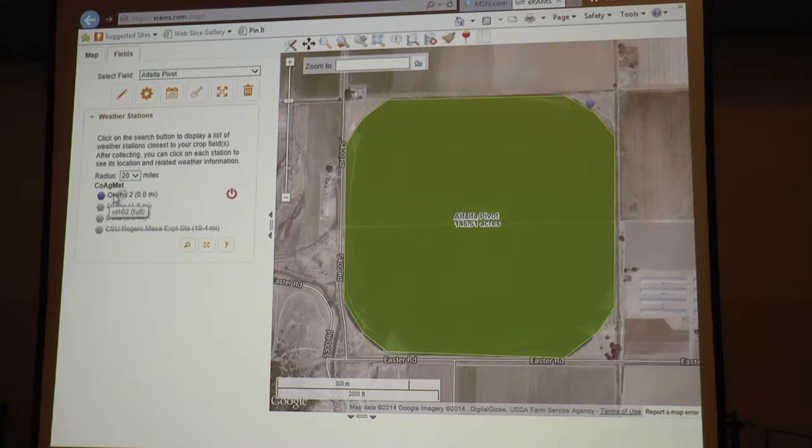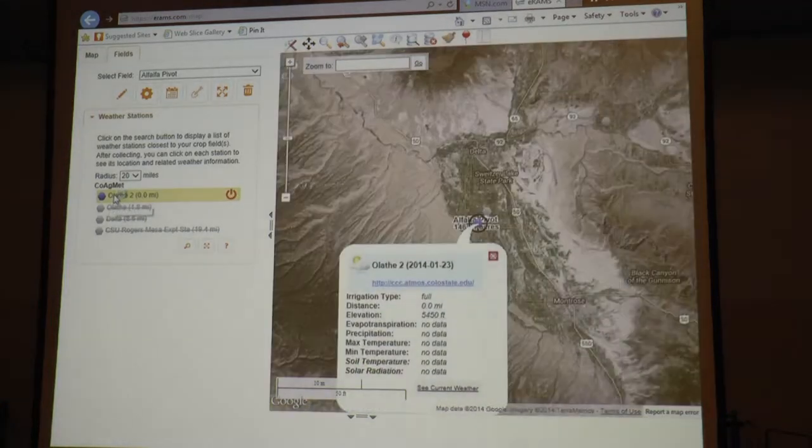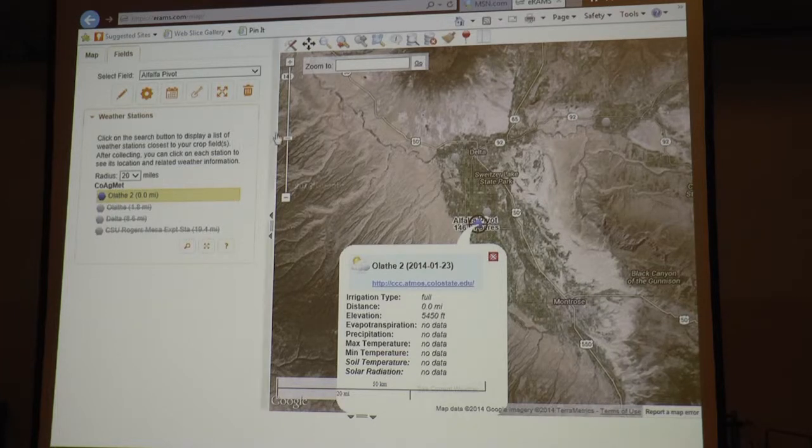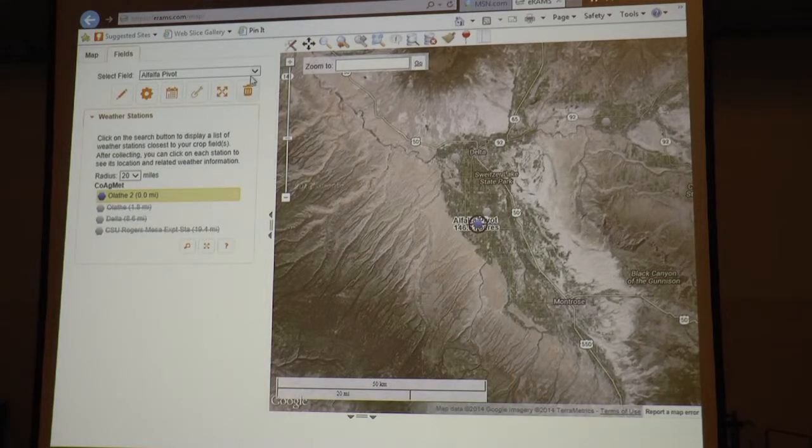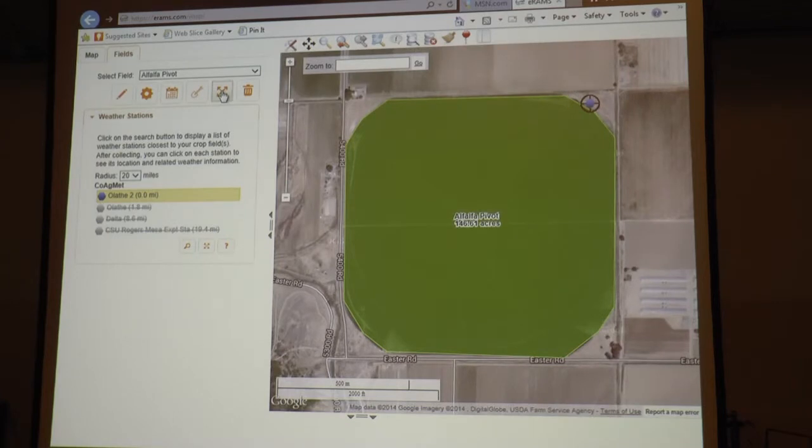And if you click on that station itself, our internet speed isn't stellar here, but it's pretty good. It'll pull up yesterday's weather on there. And it looks like that station's having some communication problems, so it's not communicating right now, which often happens in the winter. But it'll show you where it's at. It'll show you where some of the other stations are. If you click those on or off, it'll show you where they're at. So we'll go back to zoom to full extent,